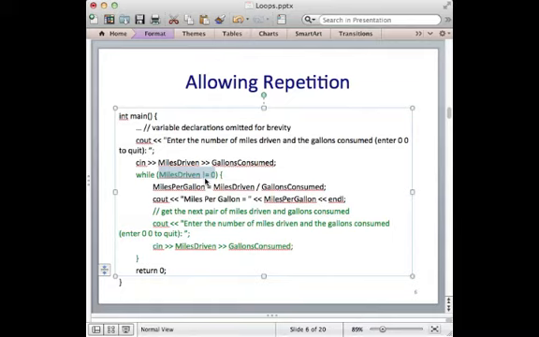It's not intuitive. So what we're saying is while 25 is not equal to 0, and that is true. So while this condition is true, we're going to go into our loop. So we calculate miles per gallon and we print it out. And now we want to query the user again to see whether they want to do another calculation or whether